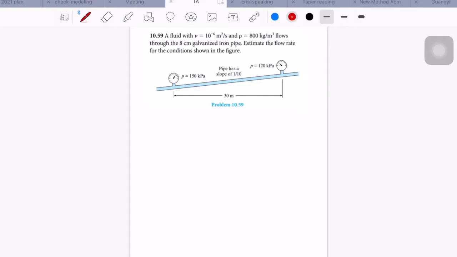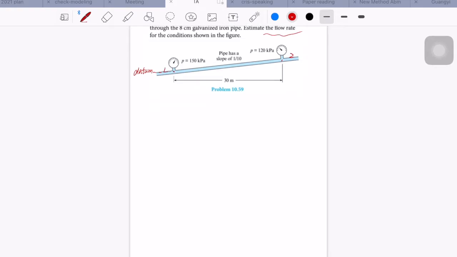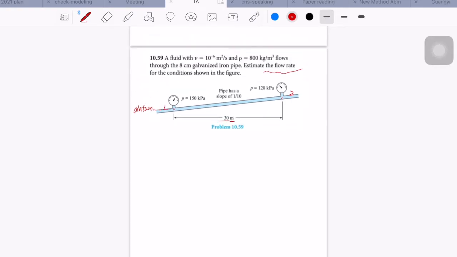Today we will look at some problems about homework 13. For the first problem, we need to find the flow rate. And we assume this is point 1 and this is point 2. And we assume point 1 is datum. And we know the distance between point 1 and 2 is 30 meters, and we also know the slope of pipe is 1/10, so we can determine that